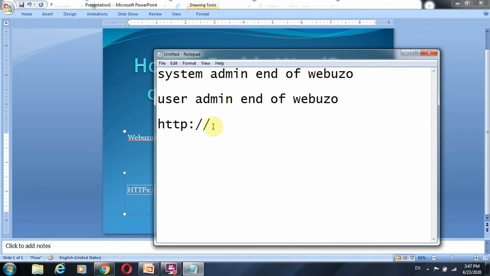So you are going to log in via HTTP, using your IP address or your primary domain, if you have configured your domain to be your primary domain, .com or whatever the extension is, then port 2004. It's not going to be HTTPS. You will get an error when you log in to Webuzo from the beginning with HTTPS.